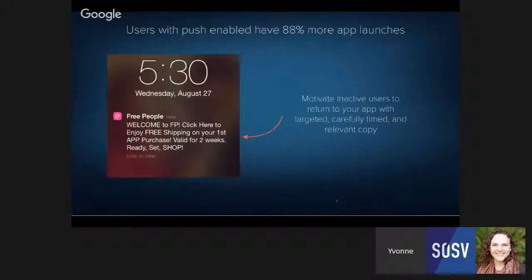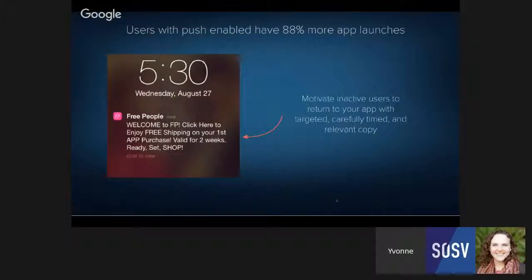We have found that users with push enabled on their phone open an app 88% more. So using push notifications the right way can help users launch your app more often and have more meaningful sessions with your startup.